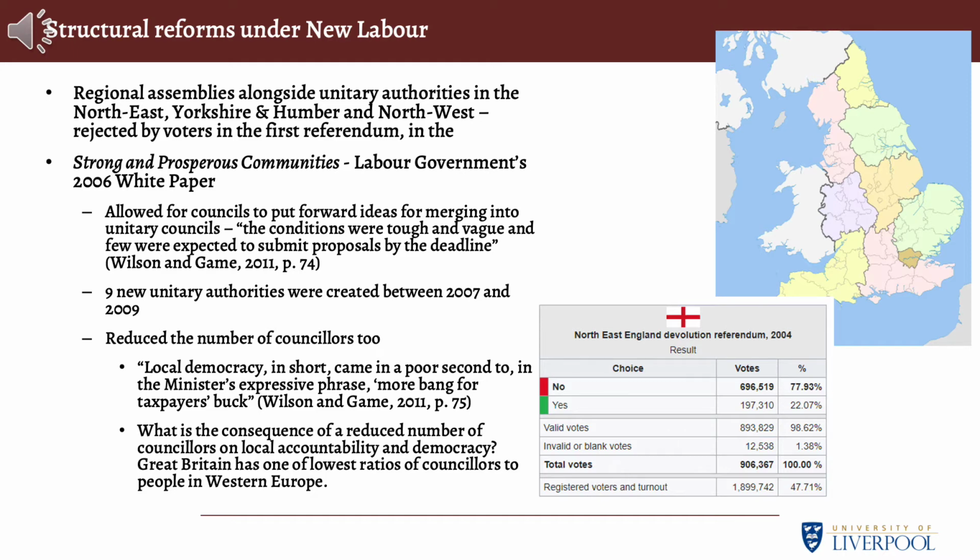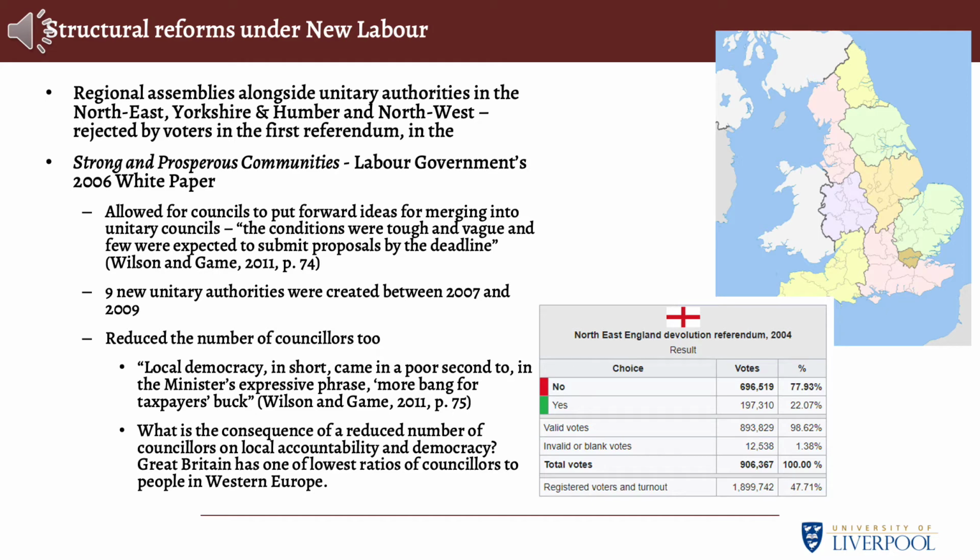And it should also, according to Wilson and Game anyway, be noted that England's smallest district at the time of the white paper in 2006 had a population of over 25,000, nearly 5 times that of the average municipality elsewhere in the EU, while the average district area was about 10 times that of the average EU municipality. So really, we had this debate going on in the UK, or at least in England, amongst the New Labour government, that was so far removed from the reality across Western Europe for other similar size countries, that we kind of artificially restricted what was an acceptable range of policy choices.